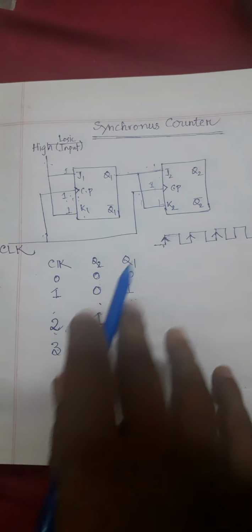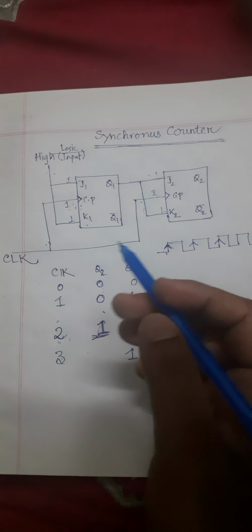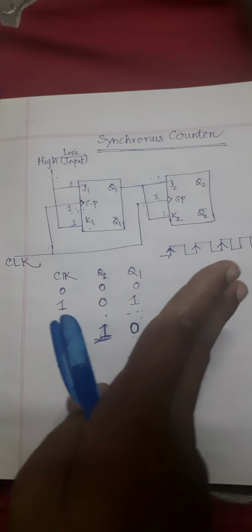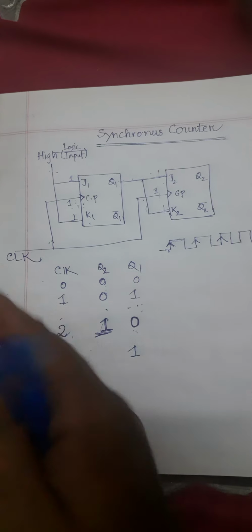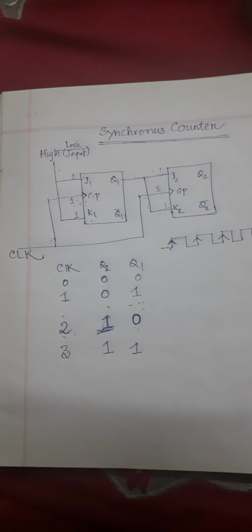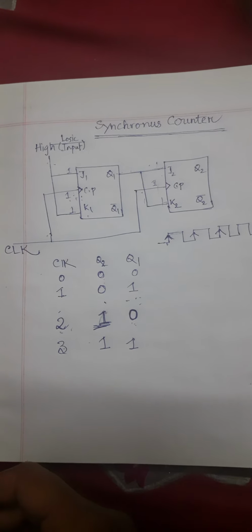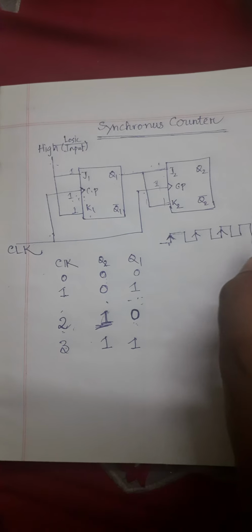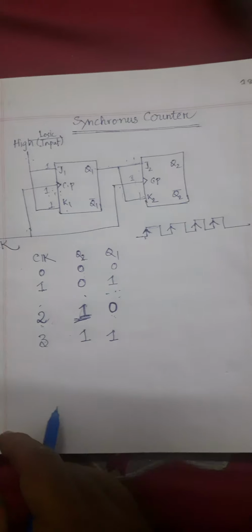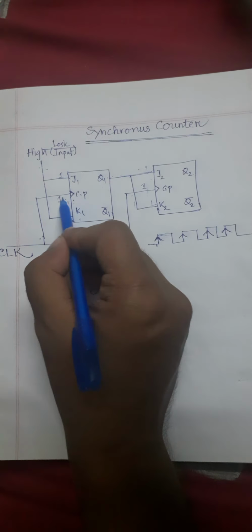Along this path. And due to this 0, as we all know, in the JK flip-flop, if we provide 0 inputs, the value will remain as it is. So it will remain 1 again, right? What will happen at the fourth rising edge? Again we are providing a 1 here. Due to this one, the JK flip-flop gets triggered, and we will have a toggled output